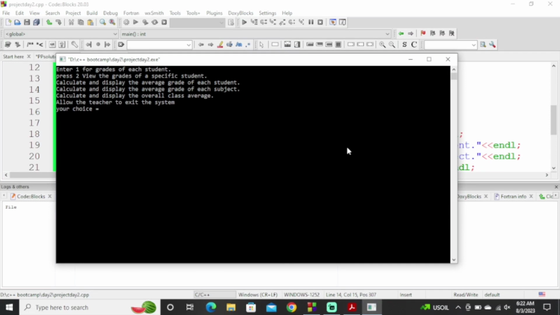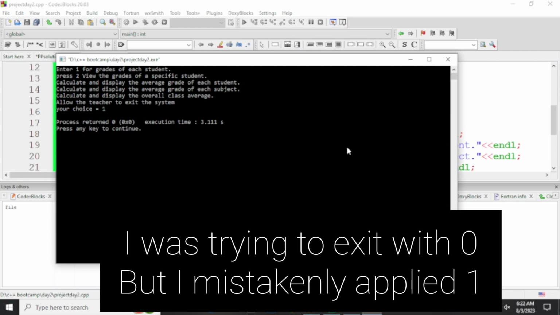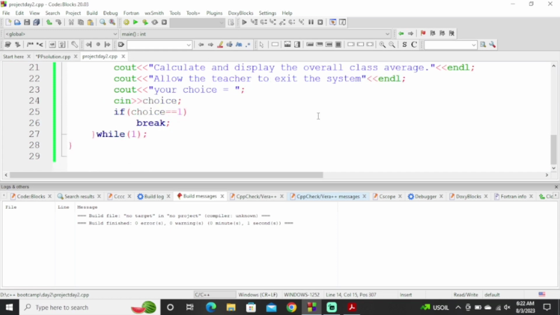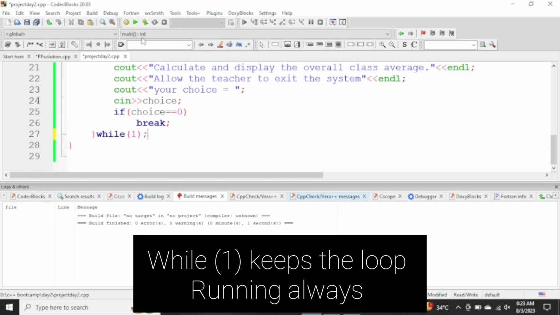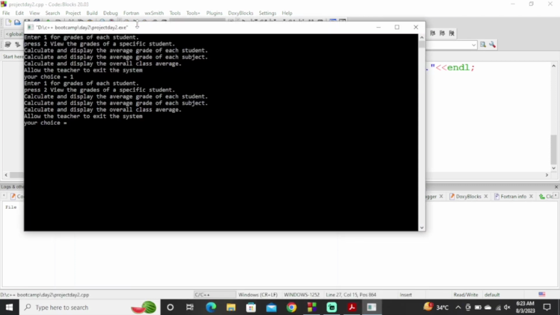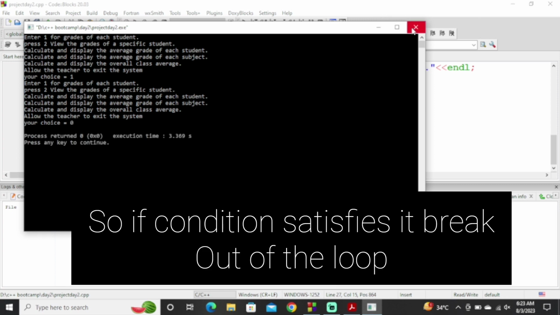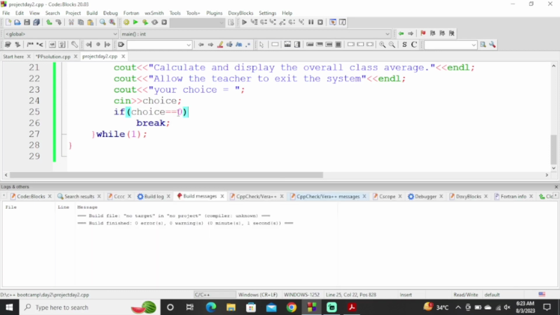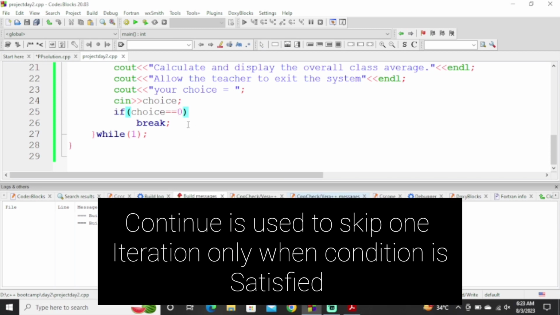So if I say 1, what it will do? Your choice is equals to 1 and it will break out of the loop. While 1. Now let's retest this. If I say 1, it will print. If I say 0, it will go out of the loop. So break is a very useful keyword. You can use it to get out of the loop and also in switch case statements as well. And also there is another keyword. If you use continue, it will skip out the